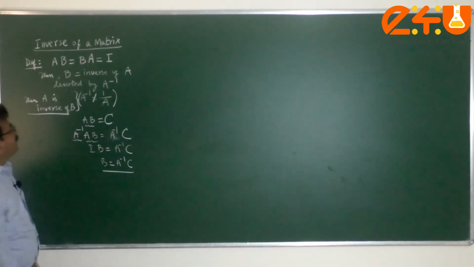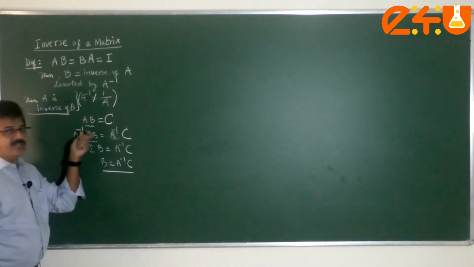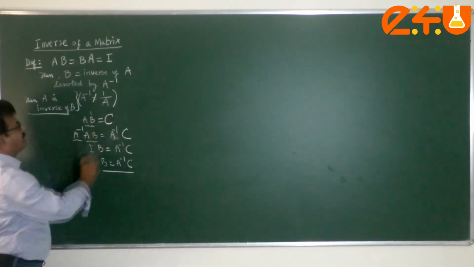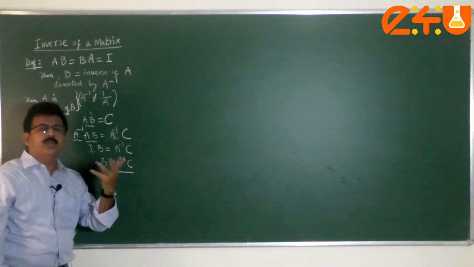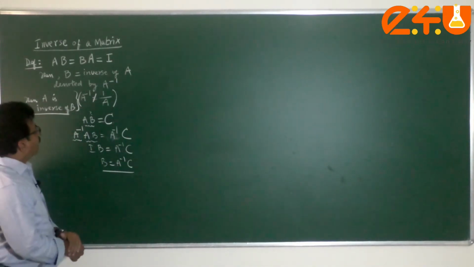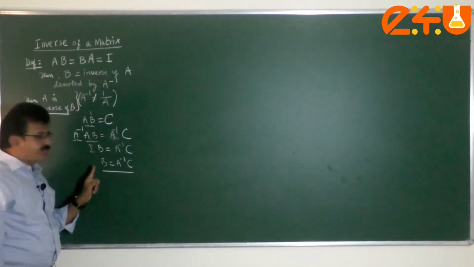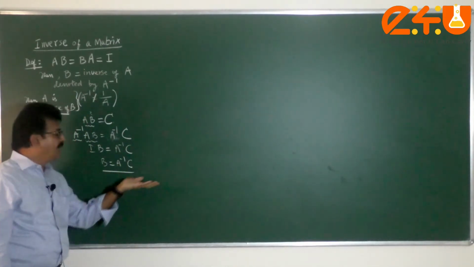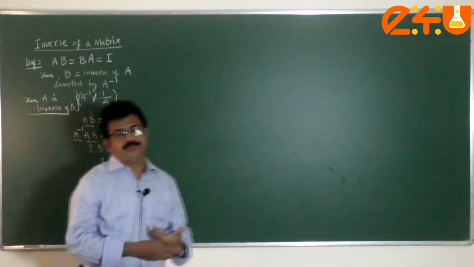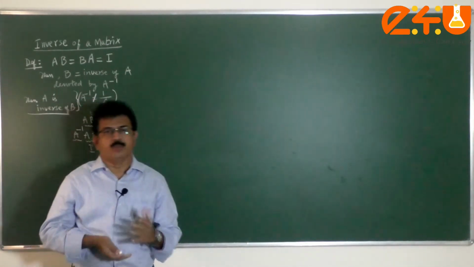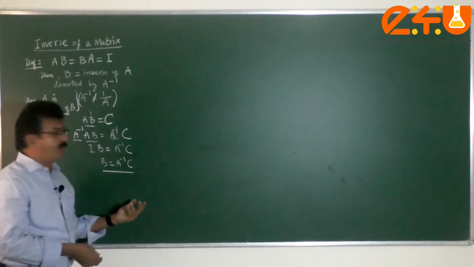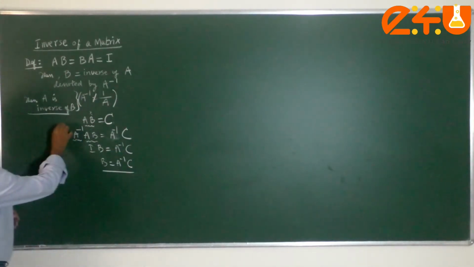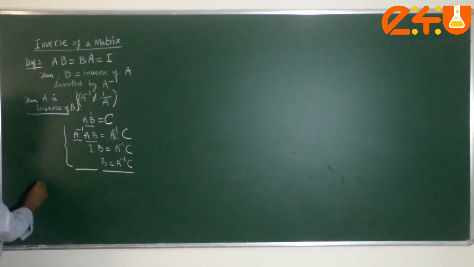So this way, whenever a product is available on the LHS and I want to discover what this matrix is, I can discover it by taking the other matrix to the RHS, just like you will do in the case of algebra. But the position matters, so it is pre-multiplied by A inverse. So this is the concept. The pre-multiply or the post-multiply does make sense. It alters the value of the product. I am going to apply this concept and take a theorem now.